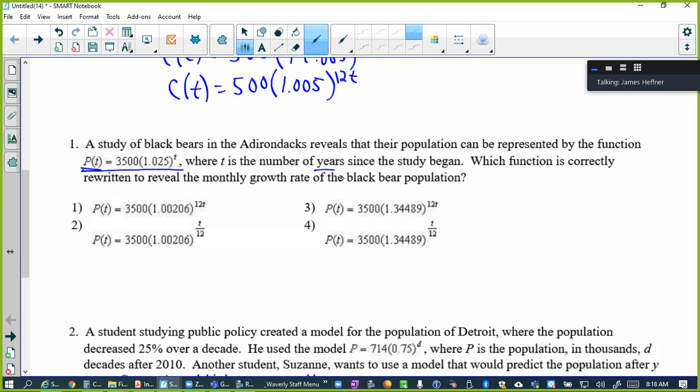So let's write this function here, right? Oh, and by the way, this is a monthly growth rate, right? So what does that equal? n equals 12 again, right? So let's work out the formula then. So P of t is going to be our 3,500